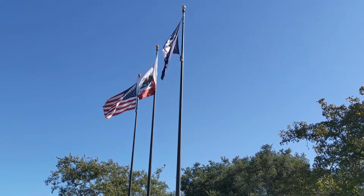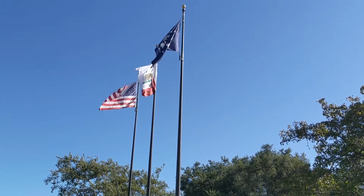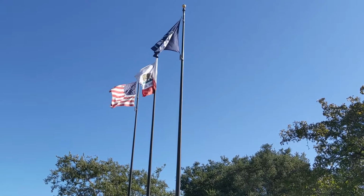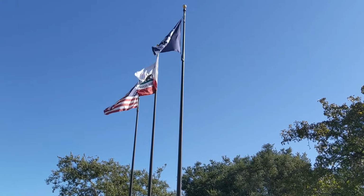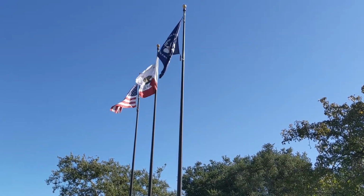Now, I am a huge fan of presidential museums. You get to hear about the lives of the presidents, get to know their character, and their interesting artifacts inside. And that's sure what will be here today. And Reagan was actually president when I was born, so I don't really remember his presidency necessarily. But the museum is actually very interesting with showcasing parts of his life and the events that were going on